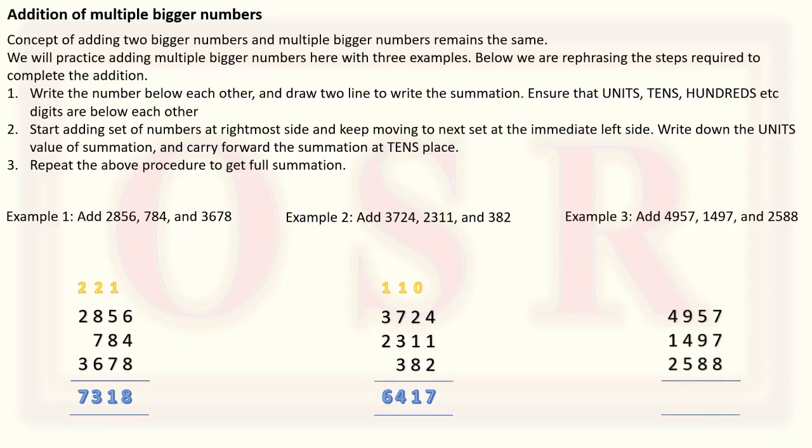Third example, we have to again add three numbers, bigger numbers. Okay, we write them, take the units place. So how much is 22? 2 down, 2 carry forward. At this place, how much is the summation guys? It is 24. So 4 down and carry forward 2. This place, how much is the summation? 20. So 0 down and 2 up. This place, how much is the summation? 9. So 9042 is the summation of these three numbers.